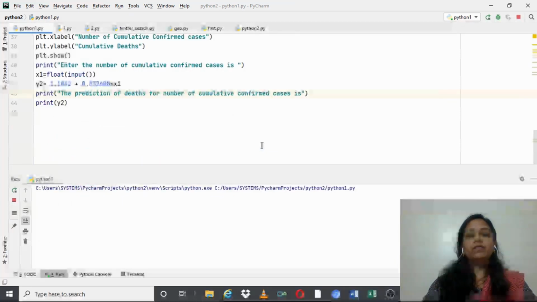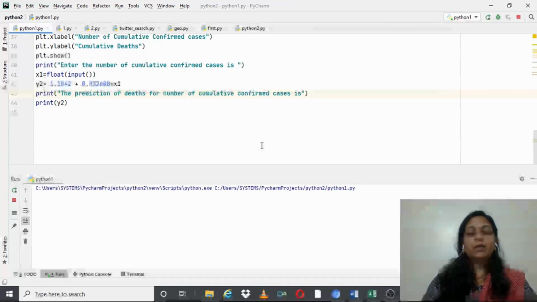When we execute, we will get a plot of x and y axis with a scatter diagram and with a linear graph, which is the regression graph, and then it will return me the equation of y, where I will come to know what the constants b0 and b1 are. Here x is the number of confirmed cases.